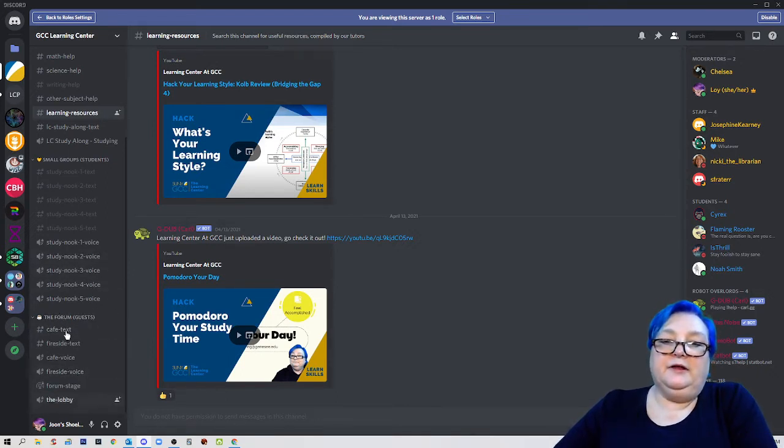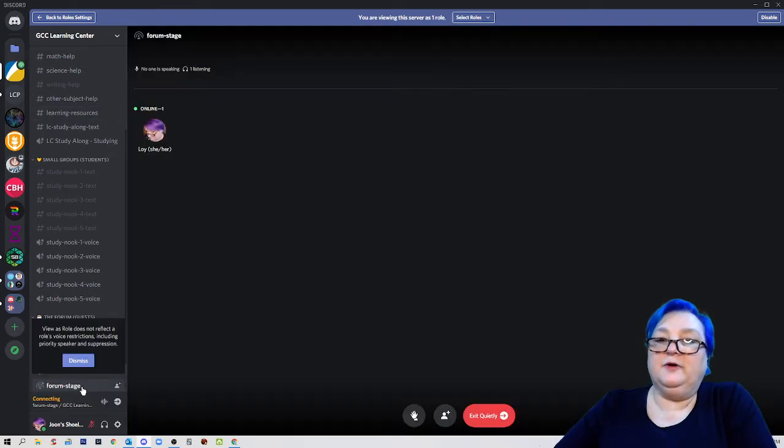Finally, down here in the forum, we have an area for guests, and this is a bigger area where we invite local folks who want to come in, local experts who want to come in and present. We have campus-wide events, and this is also where we have our stage. So if you ever hear that we're having an event on the stage, this is the forum stage.